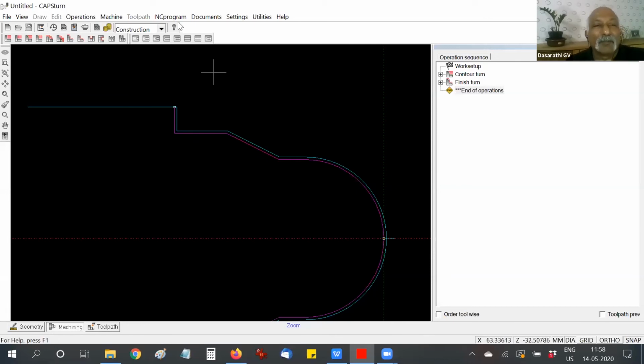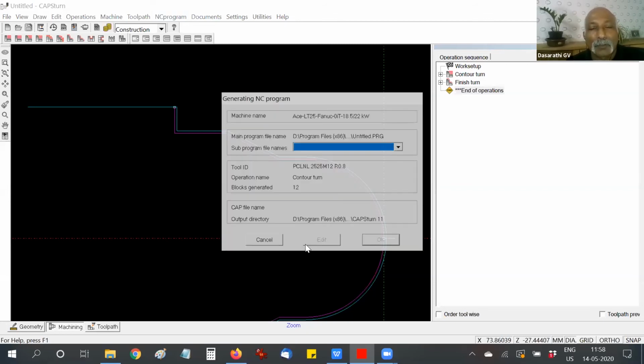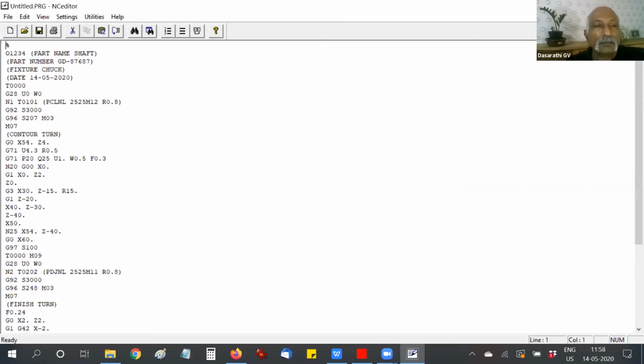So we've reduced the cycle time, we've seen the documents, and then we are finally just going to generate the NC program. And this again is completely automatic. There is absolutely no need to edit this.